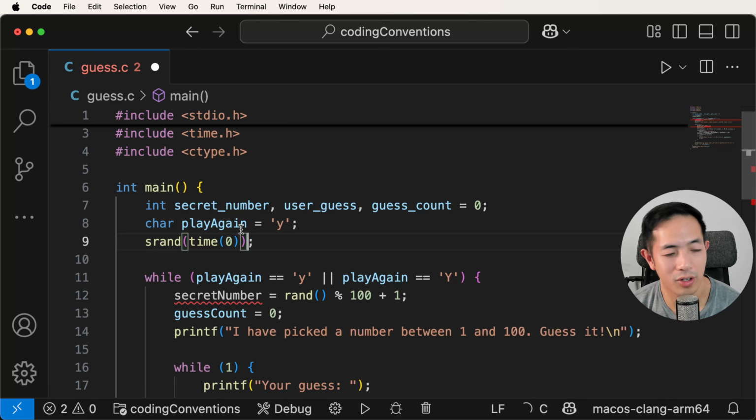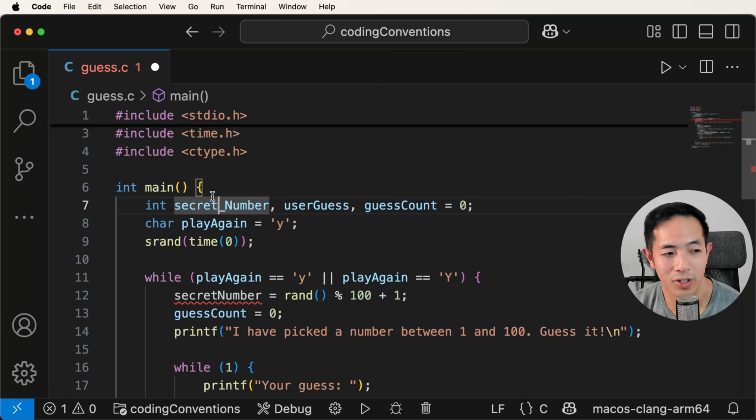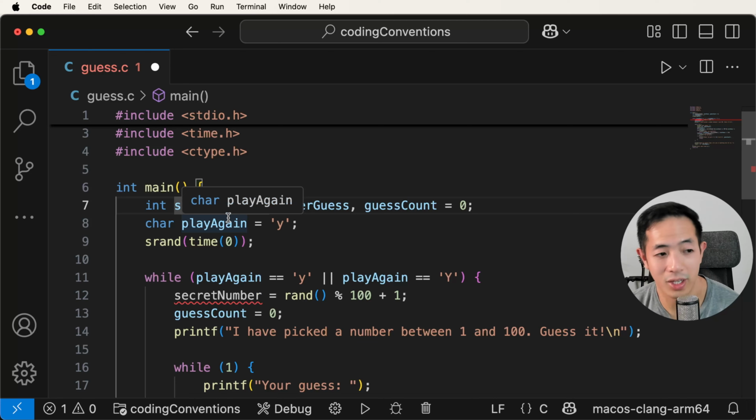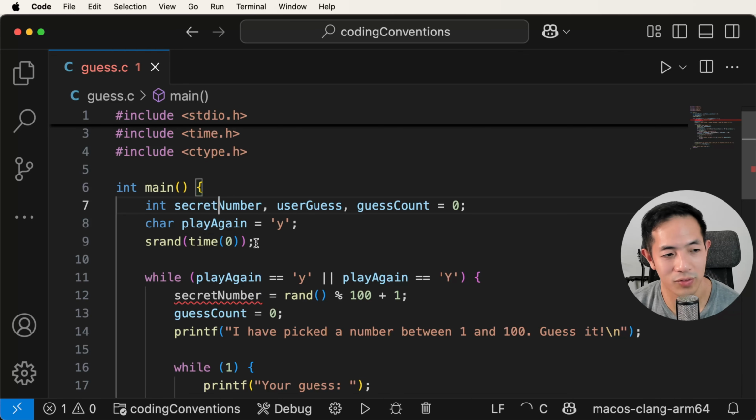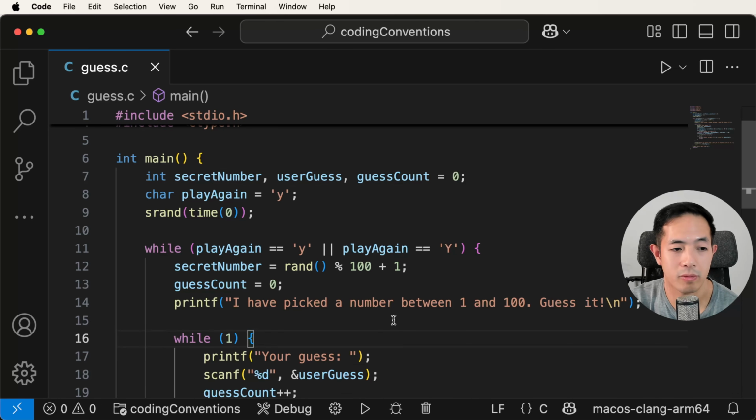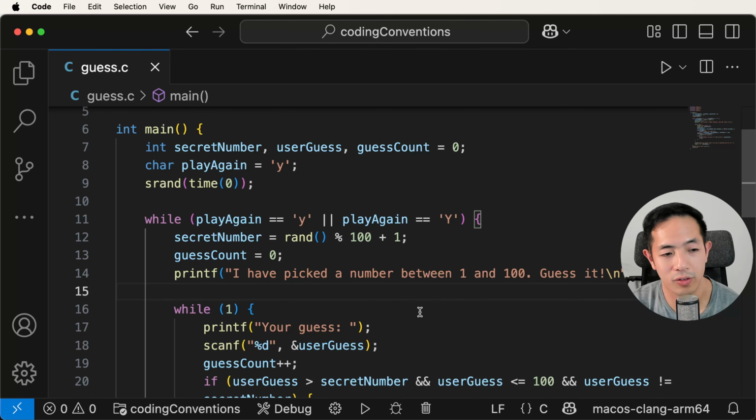You can argue that this is more readable, but personally, I don't like having underscores in my variables, but it kind of depends on how I'm feeling. Sometimes I like camel case, or sometimes I like snake case, but usually I go for camel case. Another coding convention that I follow is you don't want to make your lines too long